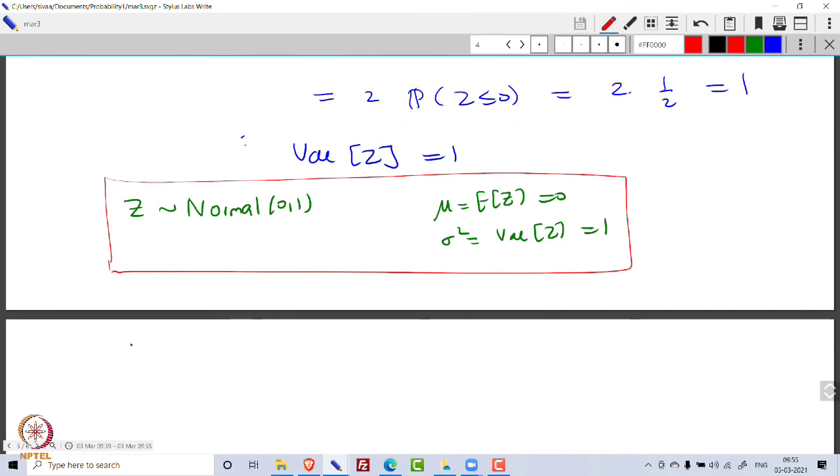Let's see. So now, suppose, let me make it blue. Suppose Z is normal 0, 1. Then I know its mean is 0 and variance is 1. And suppose I take A and B in R and I let X equal to AZ plus B. So this immediately, by linearity of expectation,